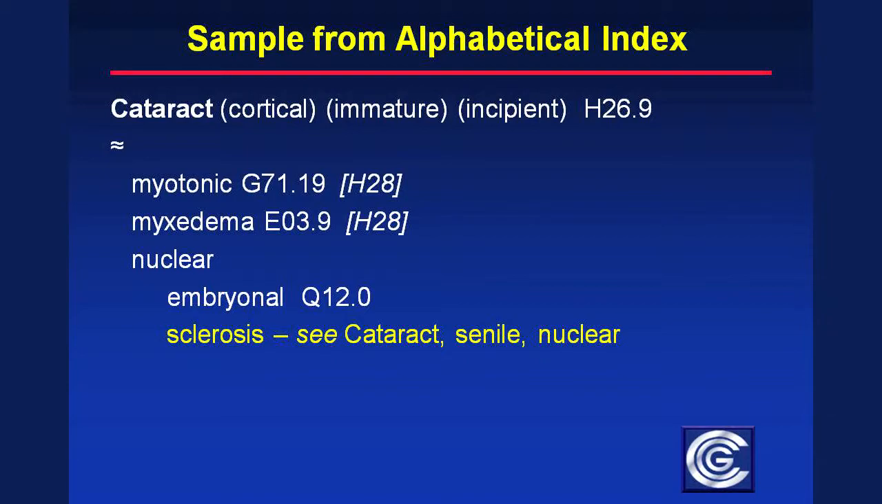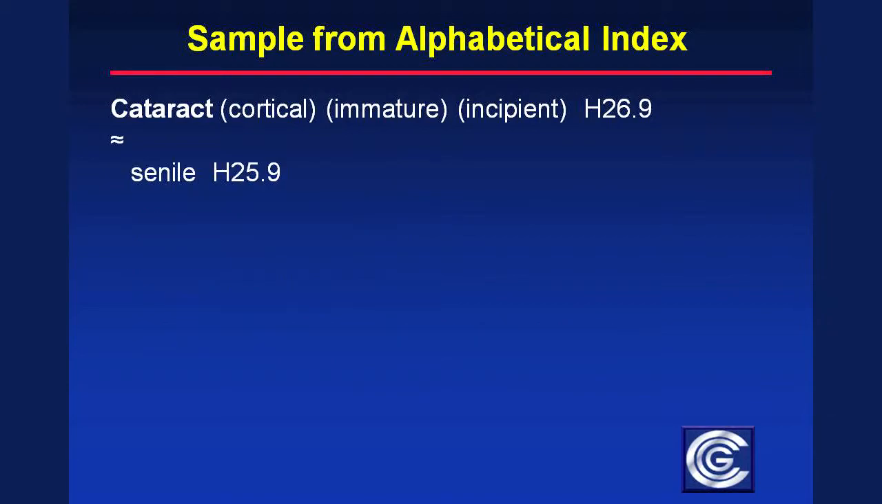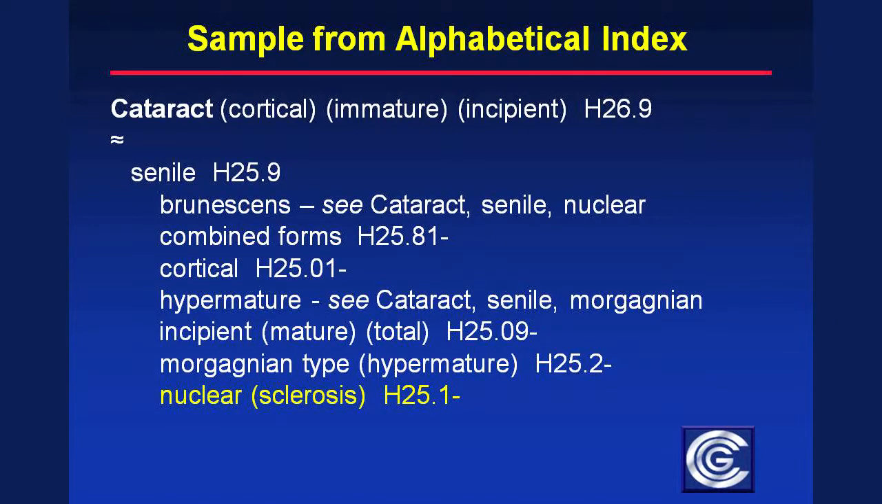Of note, the term sclerosis has an instruction. See cataract, senile, nuclear. Our search needs to continue a little bit further. Since senile follows nuclear in the alphabet, we look further down the page to find it. Senile has many indented terms below it, and one of those is nuclear, with a parenthetical term sclerosis after it,